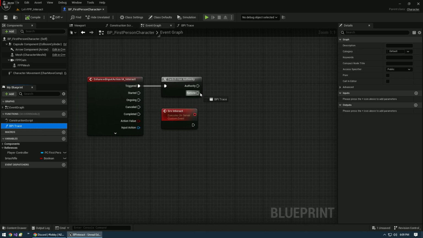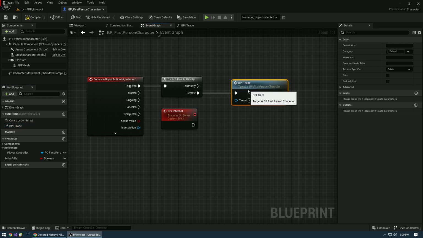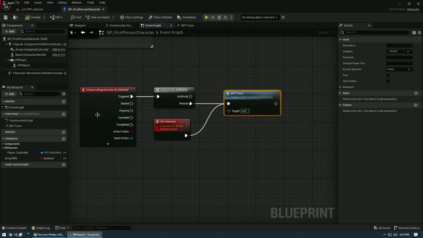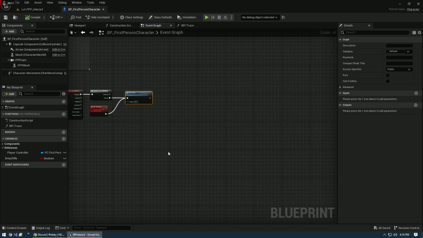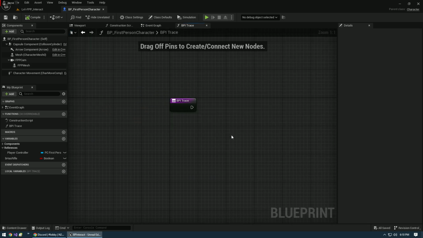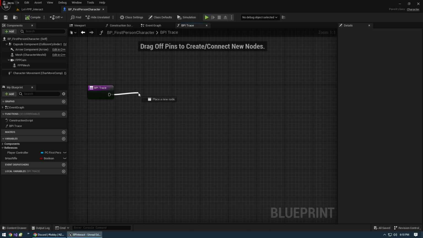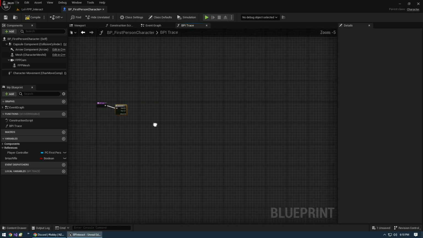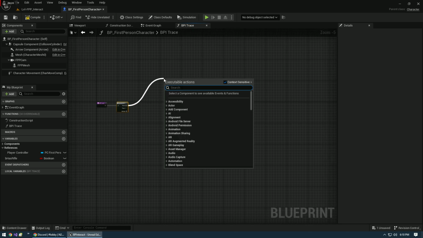Now we're going to take our trace and run it off the remote pin, off remote, and then set the event up as well. We'll get back to this in a little bit once we're all set up with our function. So inside our function, we set up a sequence. I'm going to zoom out a little bit. Off the then 0, we're going to reroute,